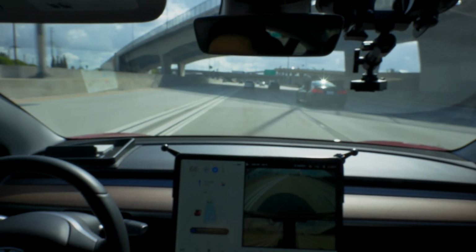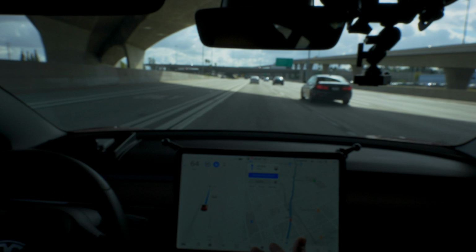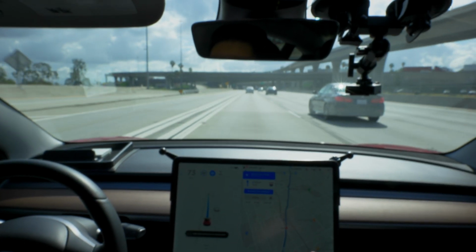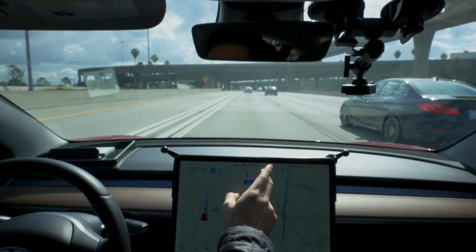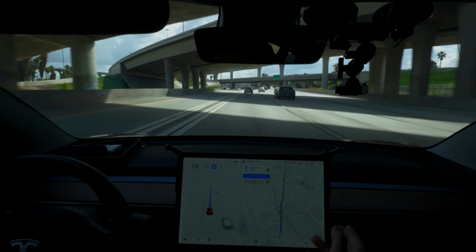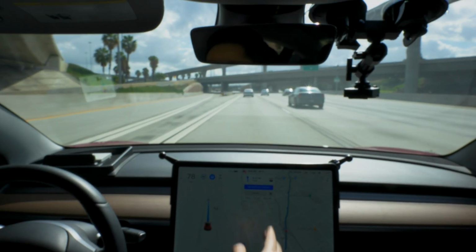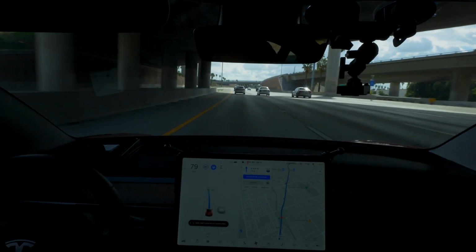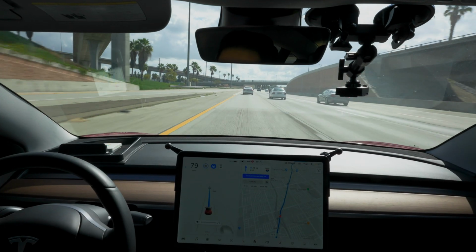A little bit of braking here. Autopilot wants to get into the right lane for some reason, even though we can basically keep going straight all the way down the I-5 South and not make any lane changes at all. So I'm just going to go ahead and cancel it. It just popped up again to make that same lane change, but I was ready to cancel it, but then it disappeared. So we're going about 79 miles an hour following these cars in front of us,